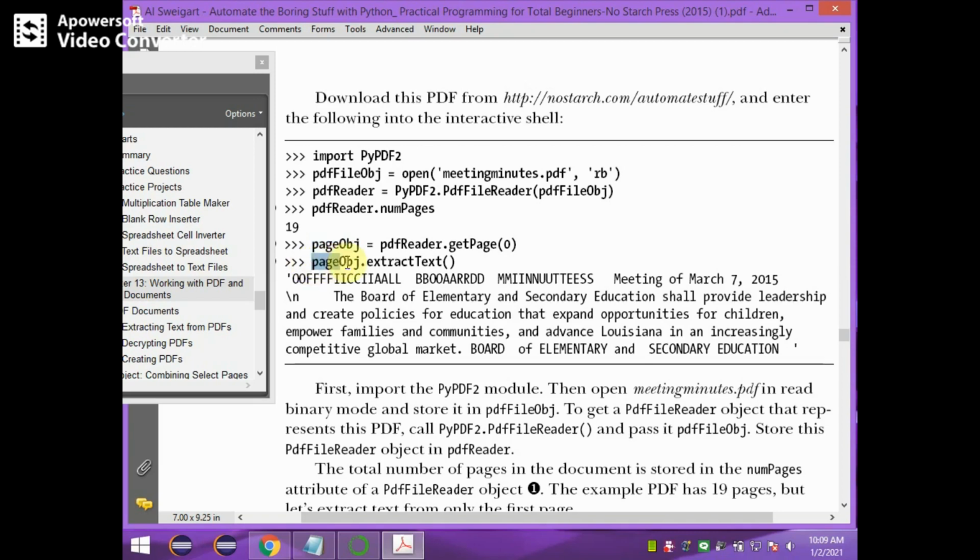Then pageObj.extractText() displays the extracted text of page 0. Okay, thus the page 0 information is displayed here using pdfReader.